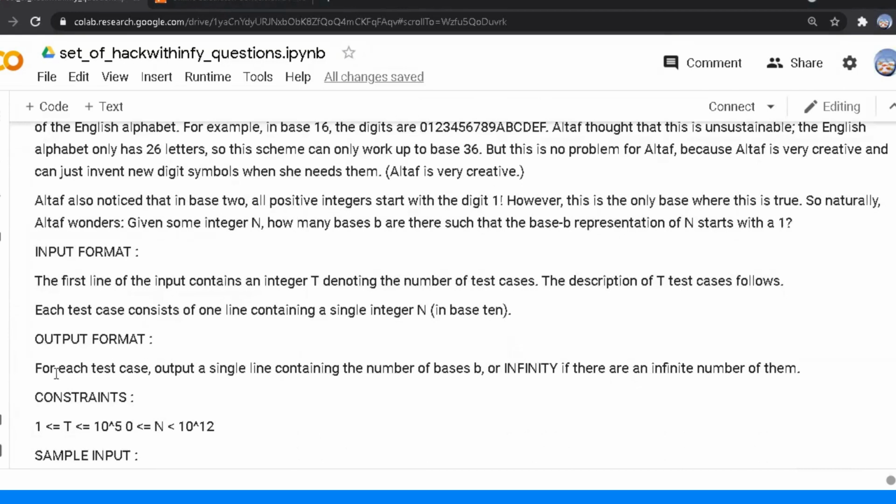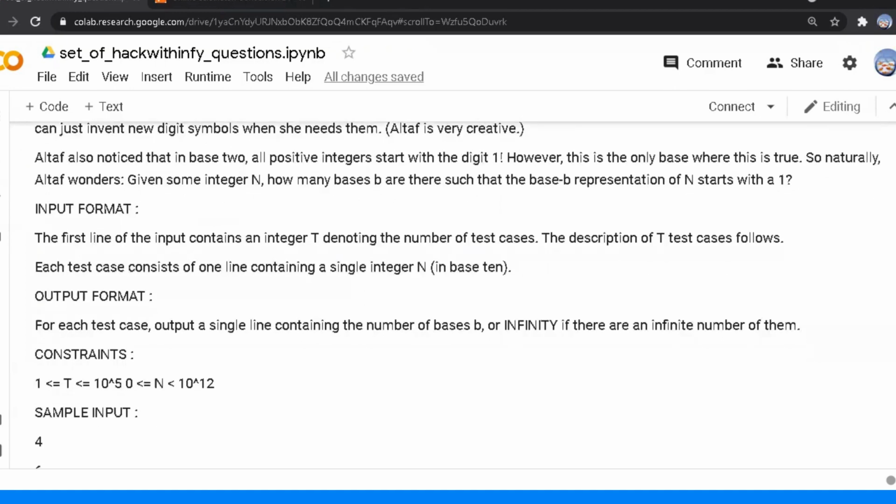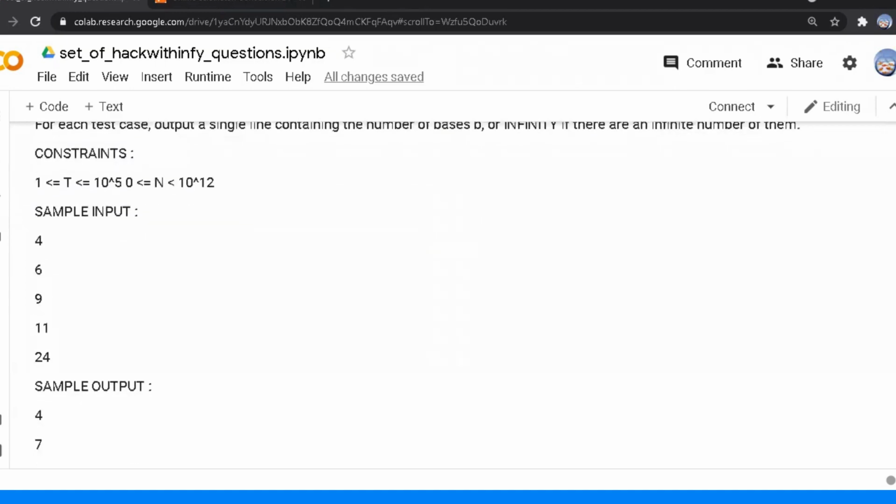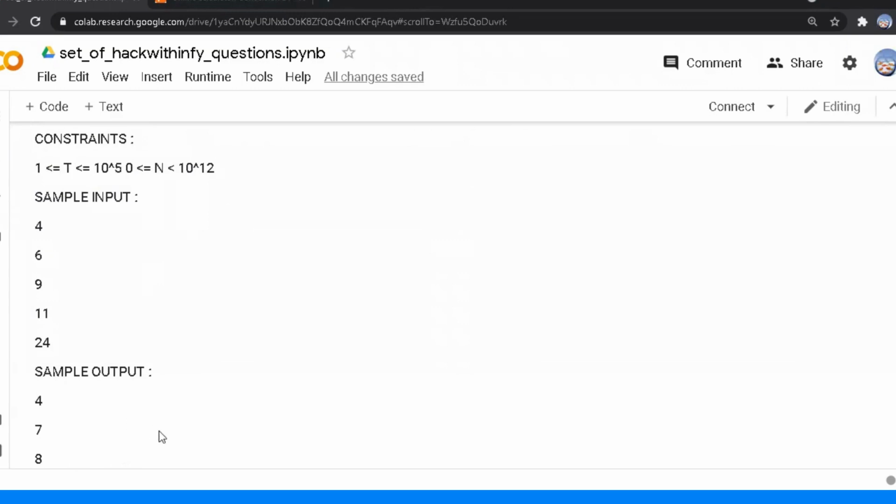After that, the output format is: for each test case, output a single line containing the number of bases b, or infinity if there is an infinite number of them. Here we can see the sample input and the sample output.